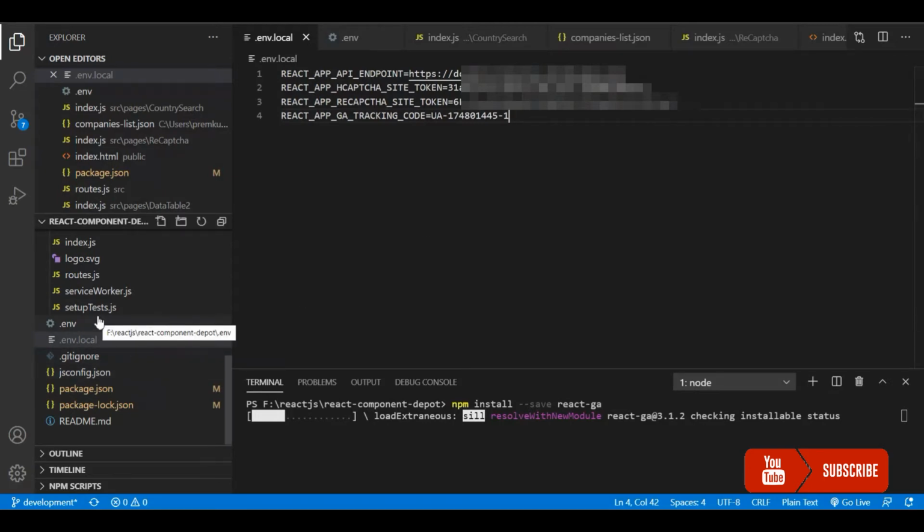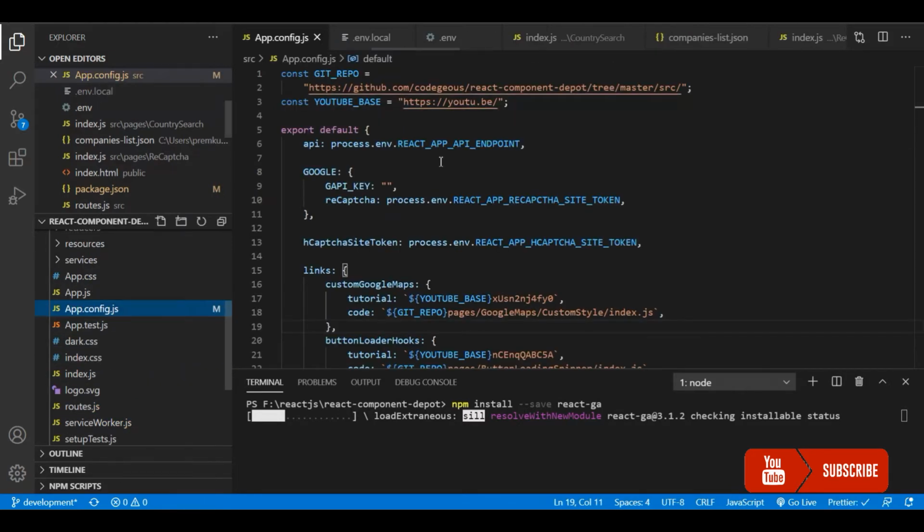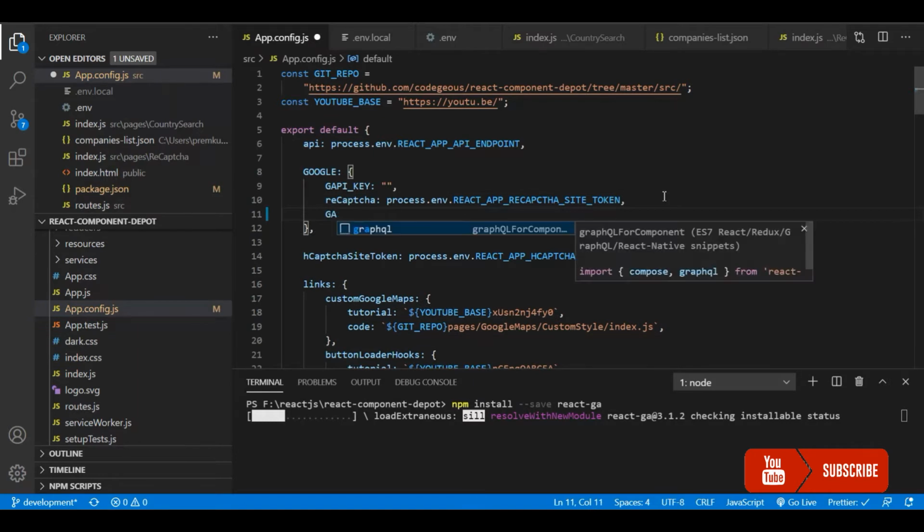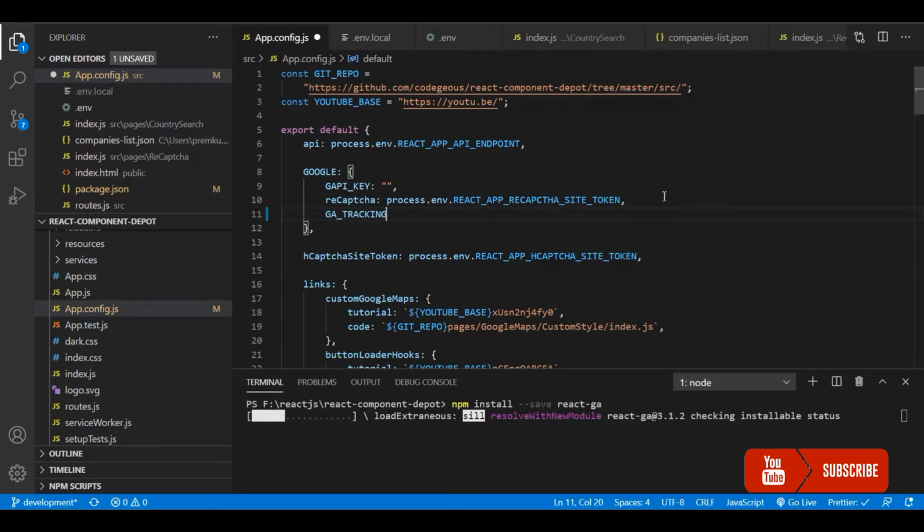Once that is done, I'm going to have this in my app config. I'm just going to import it from my env file, process.env. For organization, I'm keeping that in my config file. Otherwise, you can directly use it from process.env in your application.